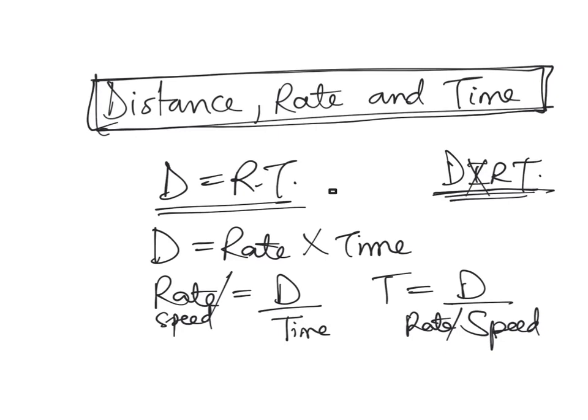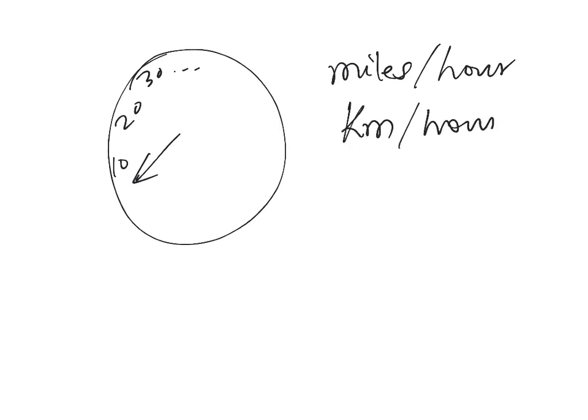Now, there's an application to this. When you're traveling in a car and you see your speedometer, the arrow is going 10, 20, 30, and so on and so forth. Most times, if you're in America, it says miles per hour. If you're in Canada and some other places, it says kilometers per hour. It actually has both units for certain cars. It tells you one, and then there are numbers representing the kilometers per hour,